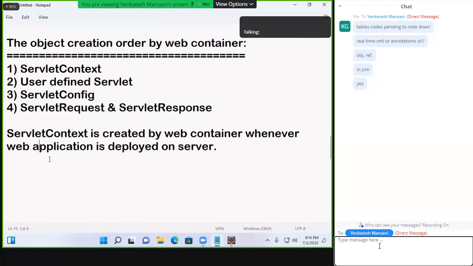But what is the purpose of the context? I didn't explain. What is the use? What purpose? I didn't explain. But it is created. Servlet context is created by the web container whenever the web application is deployed on the server. So the WAR file, that folder, the dynamic web project, is deployed now, then it is created. Okay. But what is the use of this one? Later we'll see. Next, the user defined